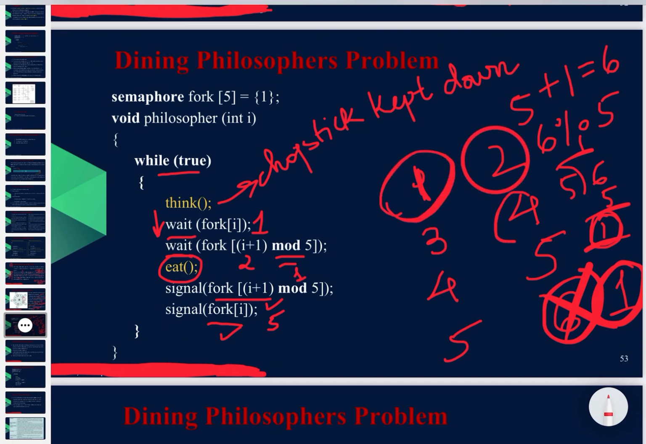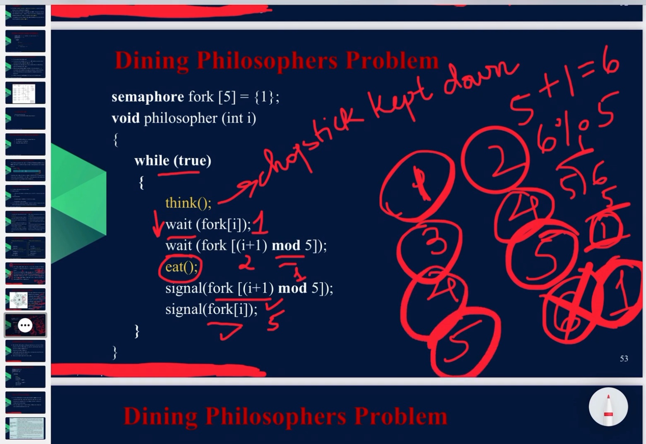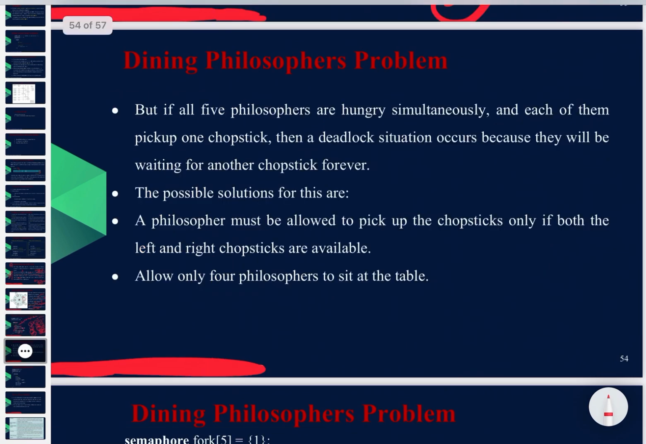First it will place the second chopstick, then the first, then the 4th, then the 3rd, then the 5th, then the 4th, then the 1st, then the 5th. So it will be placing the chopsticks. When it places the chopsticks, by the signal operation, the value will be incremented. So, but what is